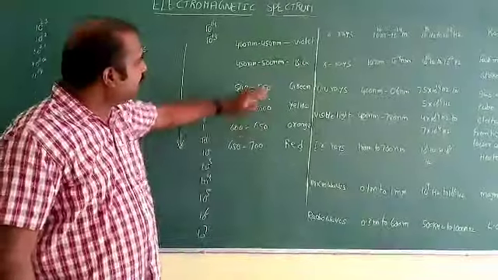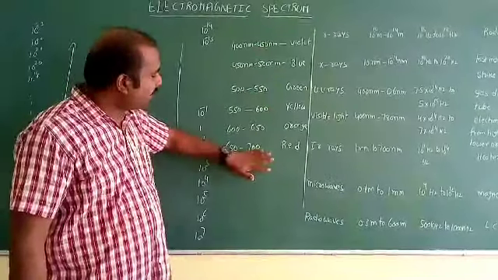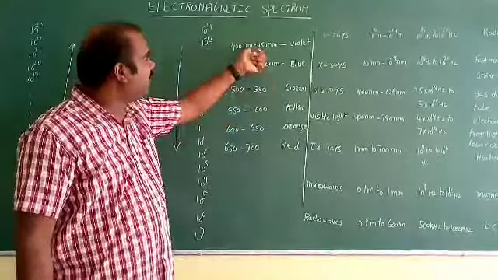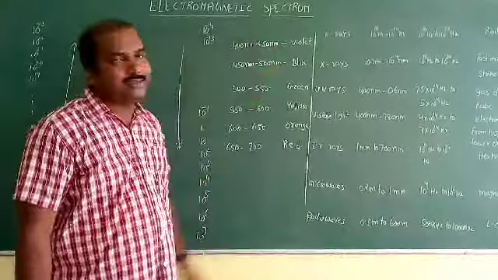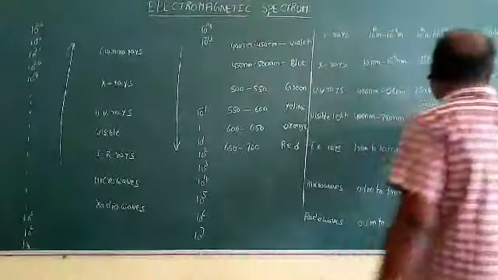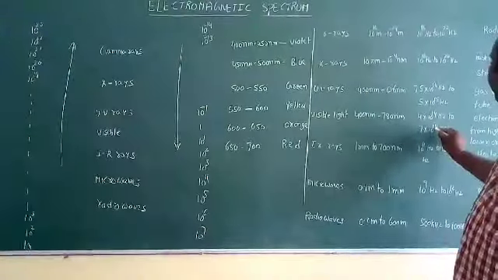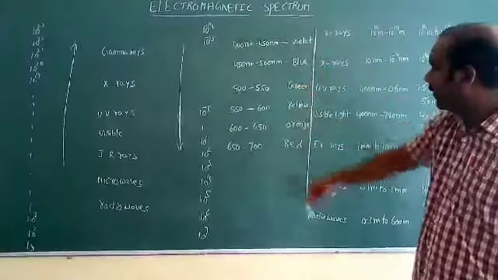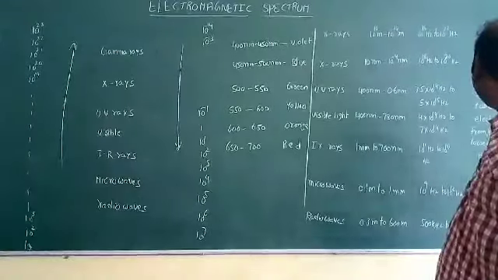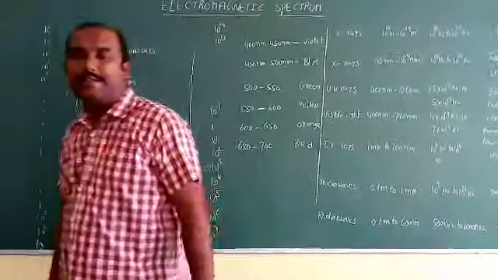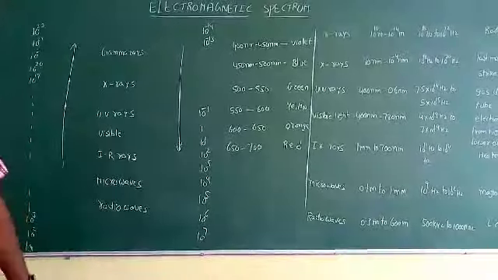Now see here, in all these cases red has the highest wavelength and lowest frequency, and violet has the lowest wavelength and highest frequency. And what is its frequency range? 4 × 10^14 Hz to 7 × 10^14 Hz, and its wavelength range is 400 nanometers to 700 nanometers. Just to know how it is forming: when an electron jumps from a higher energy state to a lower energy state, this visible light is formed.